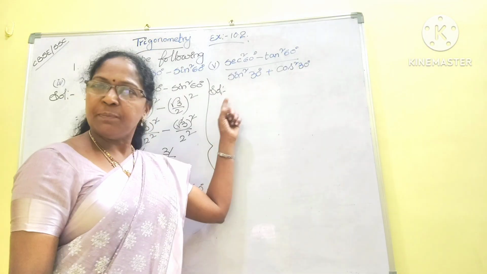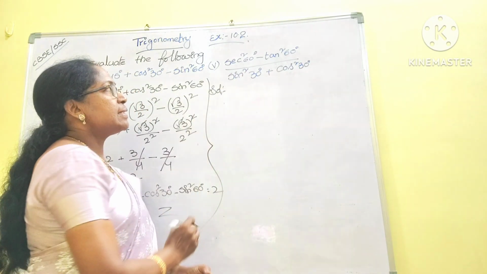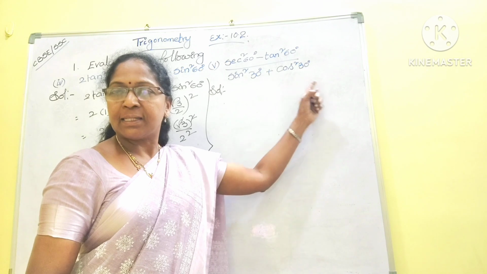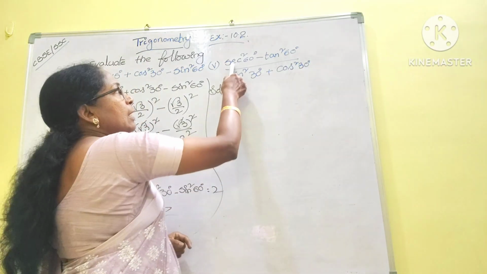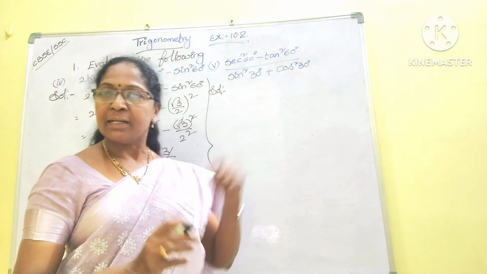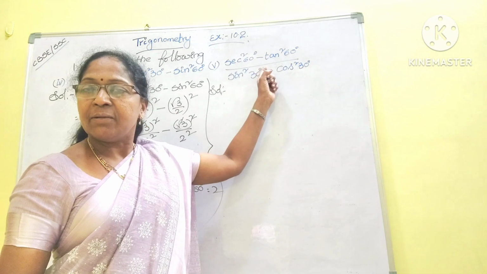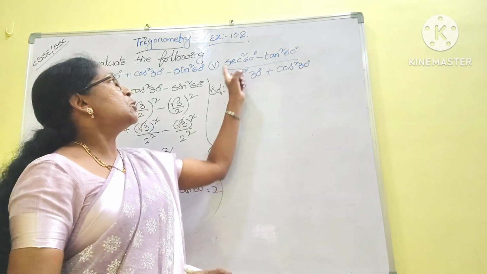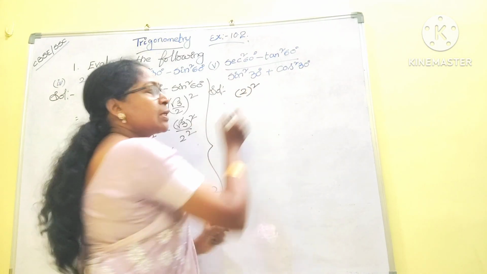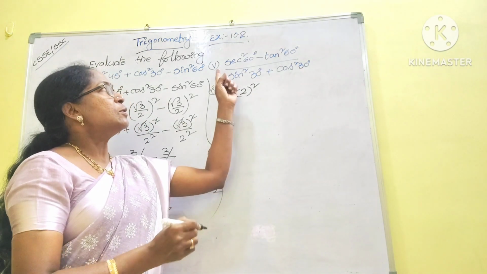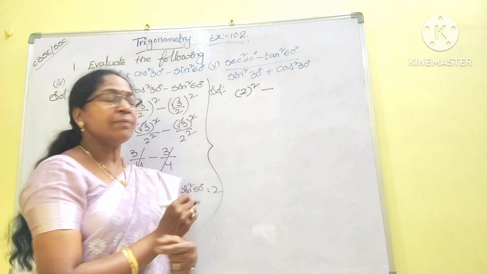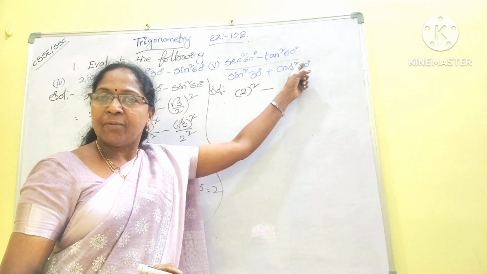Now, the last bit in the first sum is secant square 60 degrees minus tan square 60 degrees, divided by sin square 30 degrees plus cos square 30 degrees. Now, secant square 60 degrees: secant is the reciprocal of cos, where cos 60 equals how much? 1 by 2. So secant square 60 equals 2 square, secant 60 equals 2. So secant square 60 equals 2 whole square, minus tan square 60 degrees,